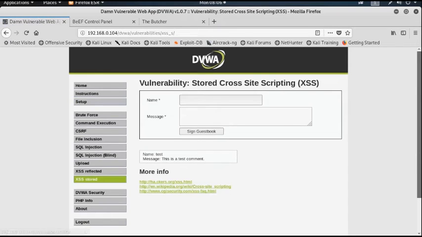So go to the XSS stored page and this is nptel. Now use the script and redirect to that particular malicious hook URL. Document.location is equals to